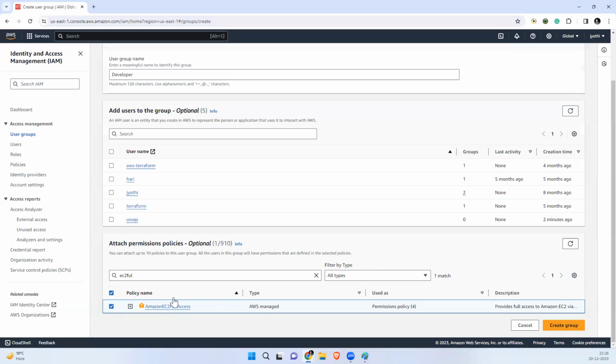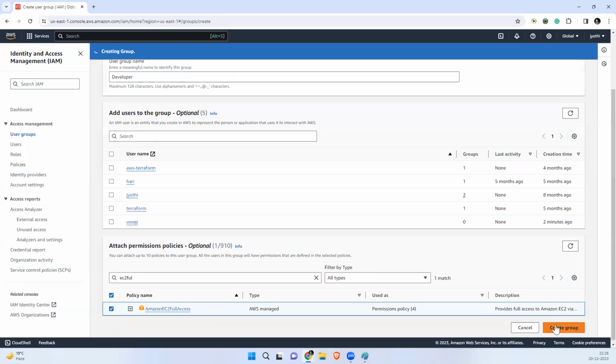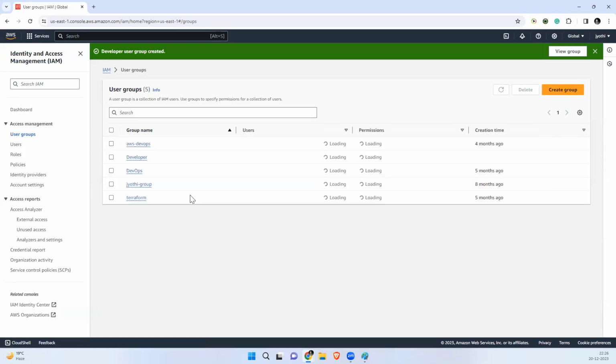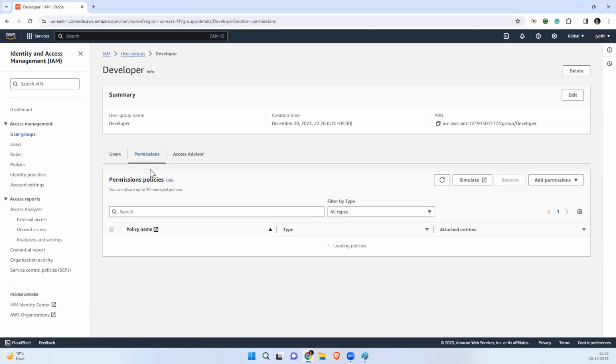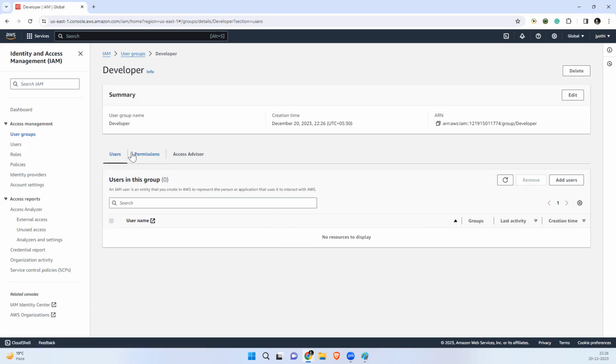Create group. The group is created, the developer group, with the permission Amazon EC2 full access.